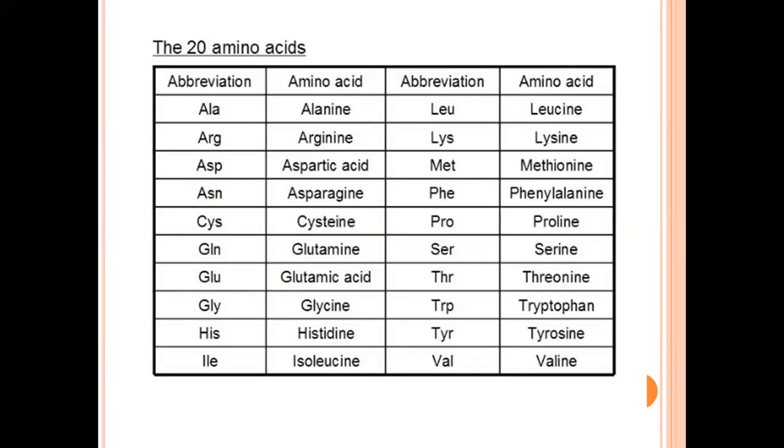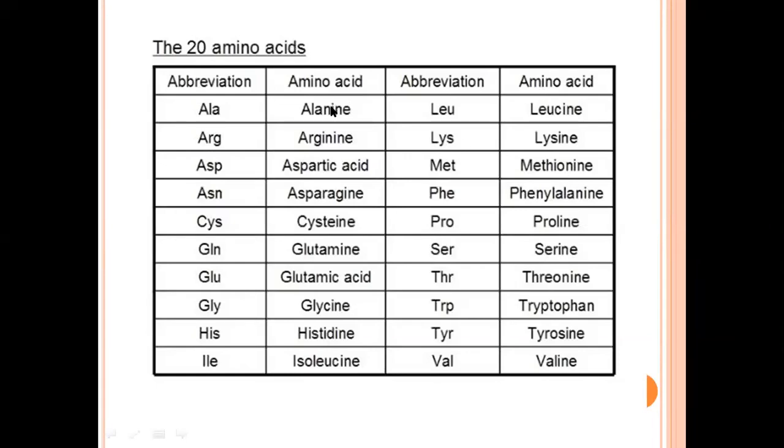However, these two, selenocysteine and pyrrolysine, are still under study, and we are still trying to understand what they are, how they are, and what properties they have. Why they are still under study, why they are special, and why we are not including them in these 20 amino acids, I will explain whenever we are trying to understand the nucleic acid part. So if I forget, please remind me that I said we need to discuss this at the nucleic acid part. For now, please have a look at these 20 amino acids.